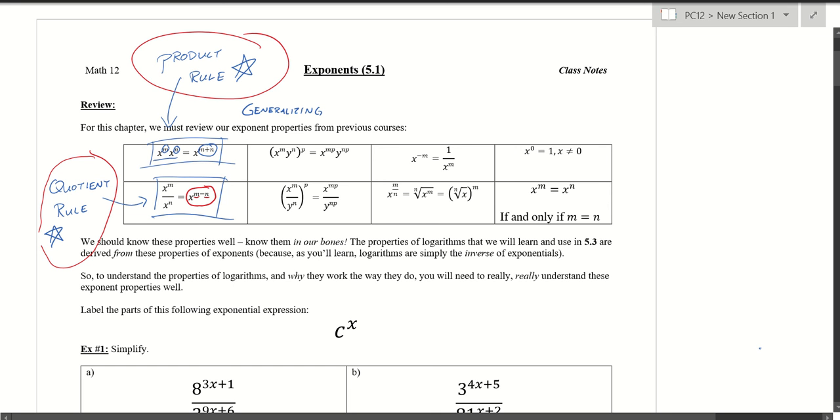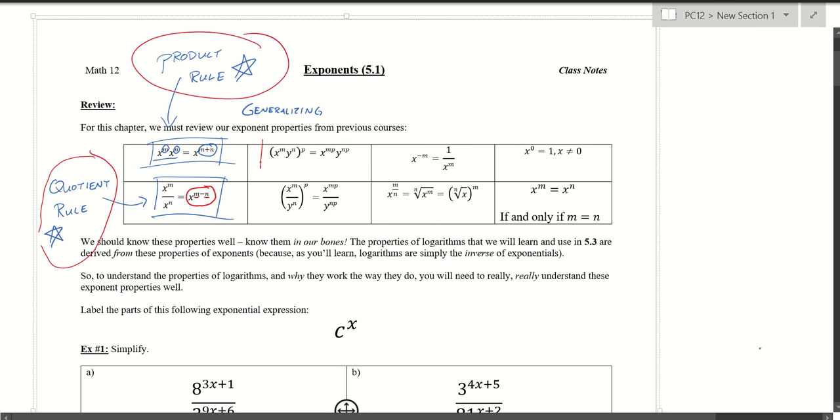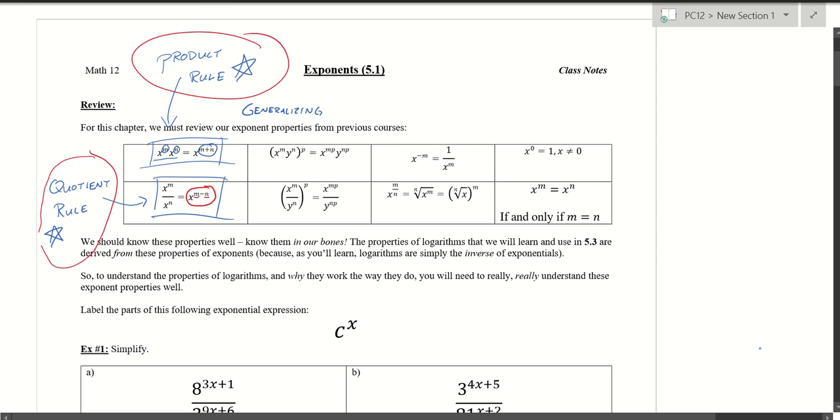Okay, in the previous video, I noted that we're going to jump to some examples, but before we actually do that, I just want to acknowledge that I haven't done examples for the power of a power rules here. I encourage you to try to understand and make sense of these yourself, or to look them up on Khan Academy. Or if you're having trouble understanding what these power of a power rules mean, then I encourage you to ask me during tutorial. But what I do want to focus your attention on is actually this rule right here,